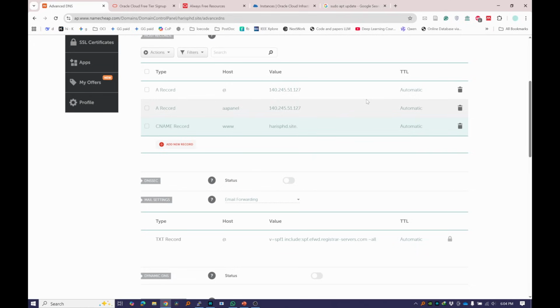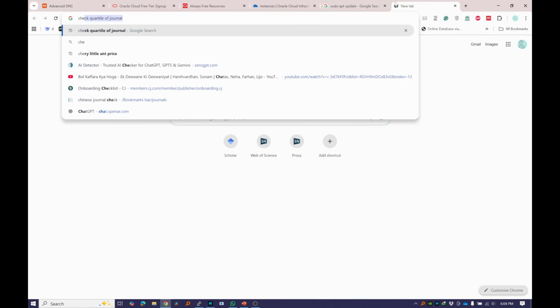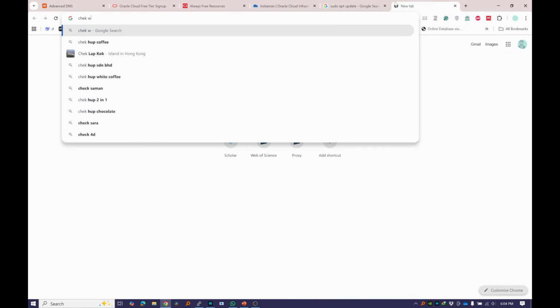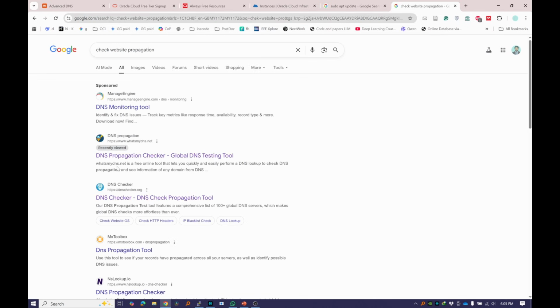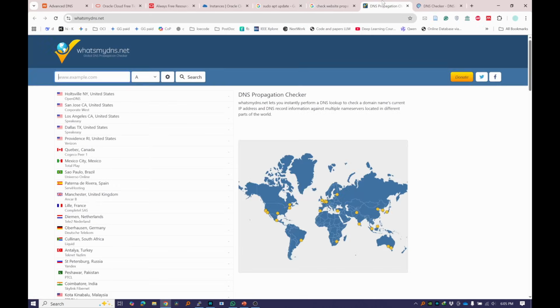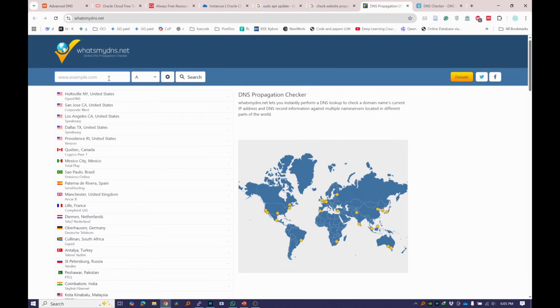Okay, now once this one is done, what you need to do is install aaPanel on the server. So I can just check website propagation, and here I can go to any of these websites to check whether my website is propagated or not. So what I can do is write rsphp.site,